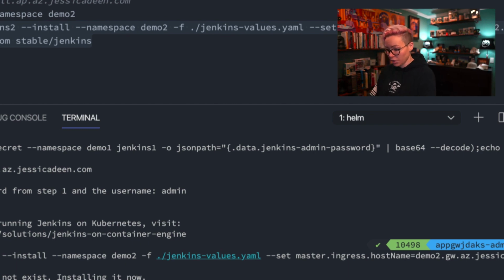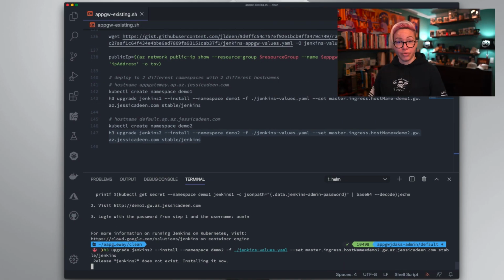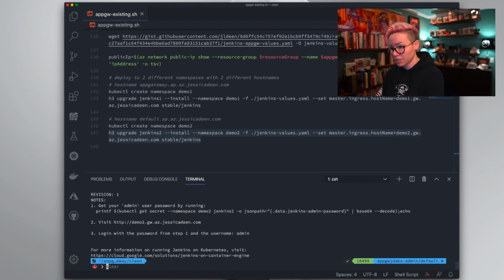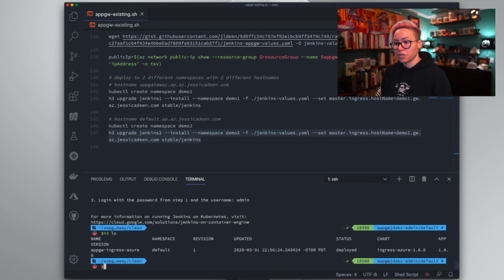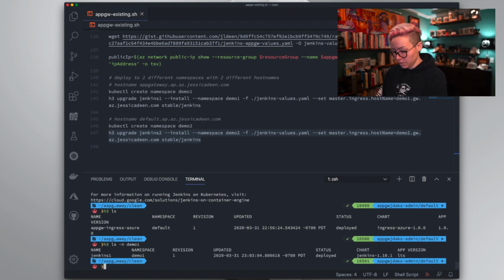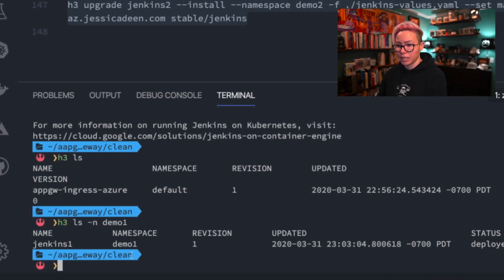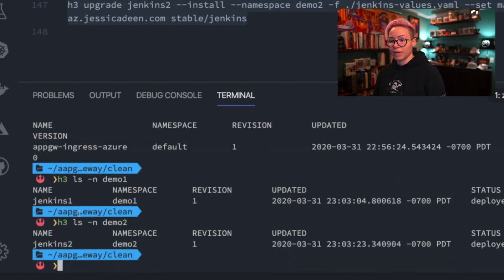name is demo 2. Now with Helm 3, if you're new to Helm 3, if I were to just do an H3LS, you're not going to see Jenkins because Helm 3 list commands are now specific per namespace. So I'd have to do H3LS demo 1, and we'll zoom in so you can see the command, H3LS demo 1 or H3LS demo 2, and that's where I can see Jenkins 1, Jenkins 2, the revision, and